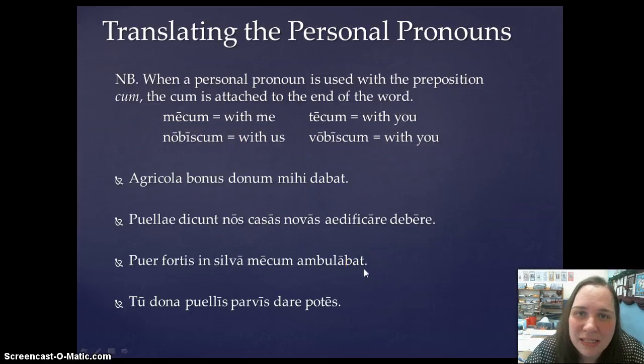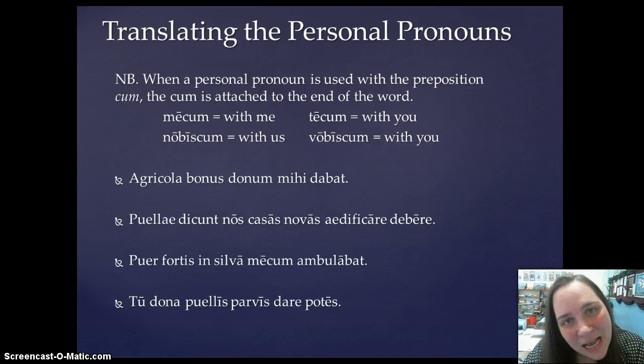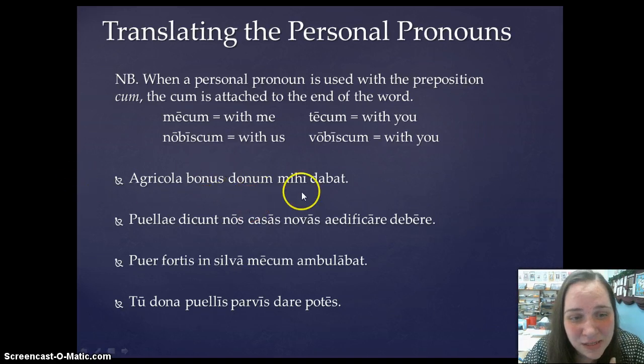I have a couple of sentences here just to get you used to translating these. Now, again, I noticed this the last time you guys took notes on this. If I didn't write the translation out, you didn't write it out, but that's silly. You're listening to these videos too, so as I go through these translations, you should be writing them down, okay?